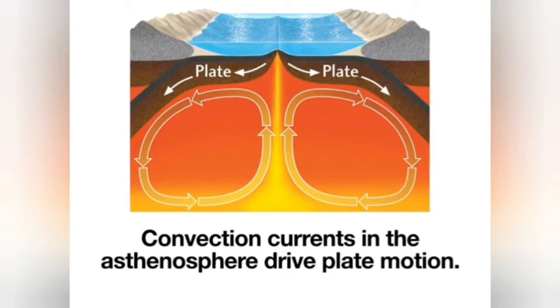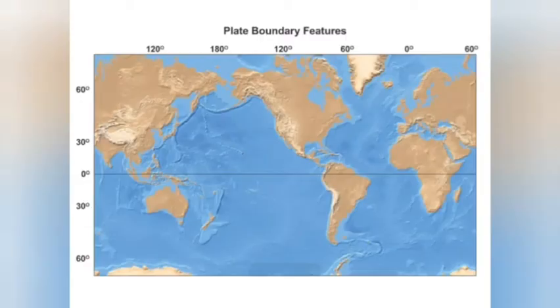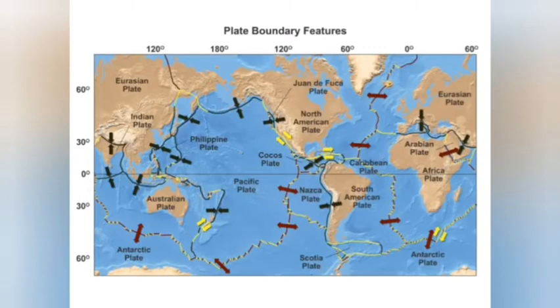So in this diagram, we have a type of boundary called a divergent boundary where the plates are literally being ripped apart by the movement of the convection beneath. Keep in mind, this convection takes place in the asthenosphere, right below the lithosphere. So let's take a look at a map of the plates. Okay, there's a very similar map in your reference table, which we'll see shortly. But for the moment, take a look.